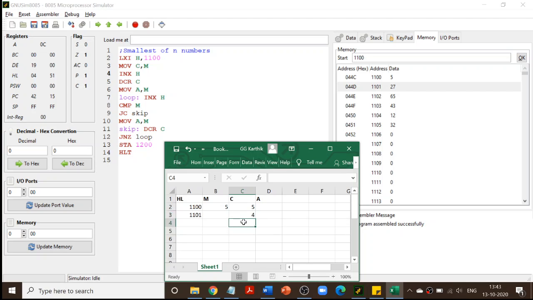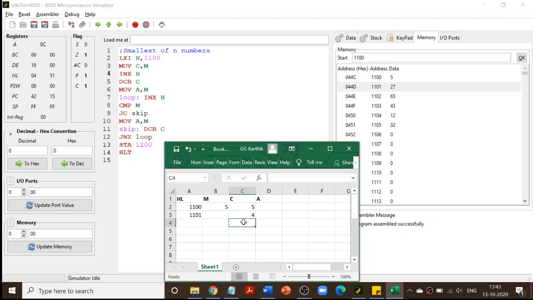In line number 3, the C value must have been 5. Line number 3 was MOV C comma M; the M value was 5, and we moved it into C. In line number 5, we are decrementing C. This is C minus 1, which becomes 4.